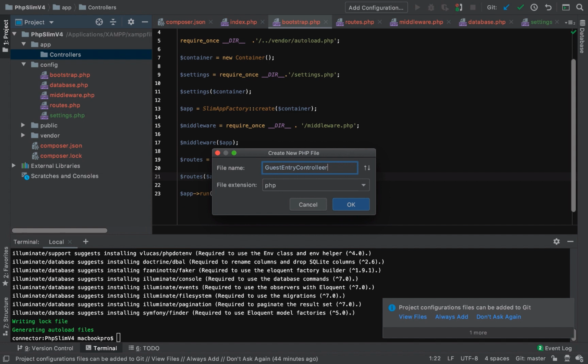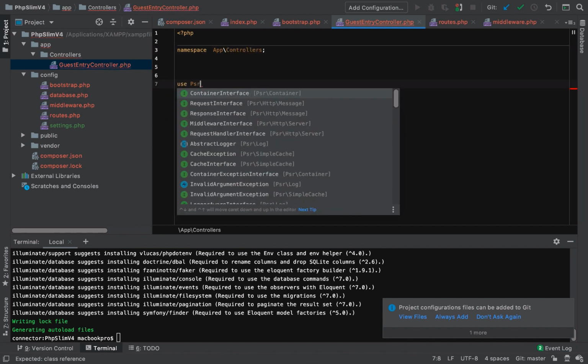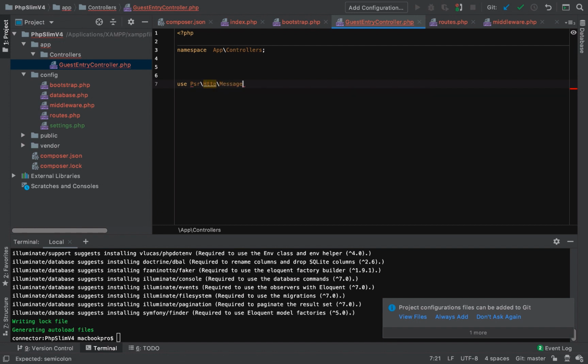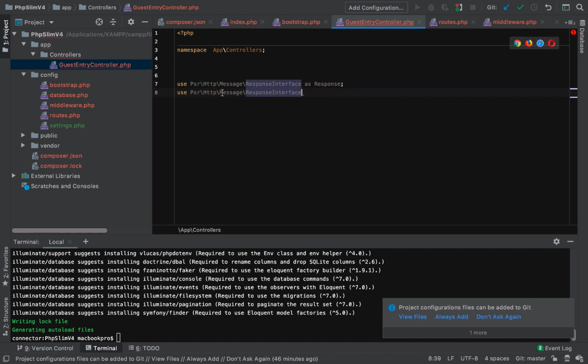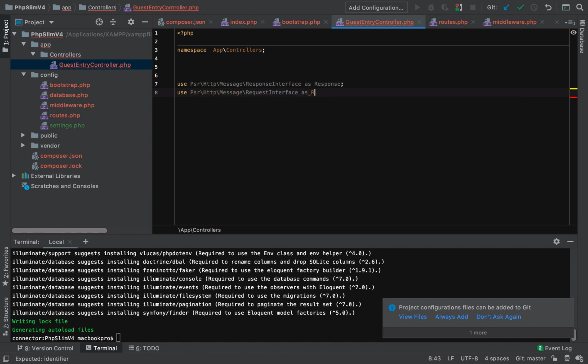Okay, so if you watched my version 3 video, you're going to notice that we also had a guest entry controller. Our guest entry controller here is going to be namespaced in our App\Controllers. Use Psr\Http\Message\ResponseInterface as Response, and we are also going to use something quite similar, which is going to be our request interface. So our request,